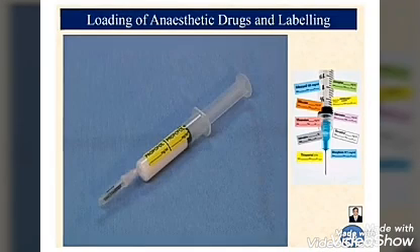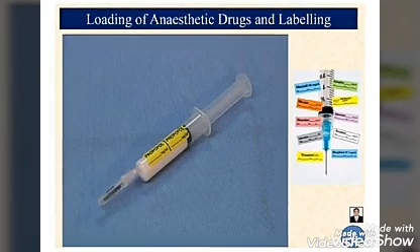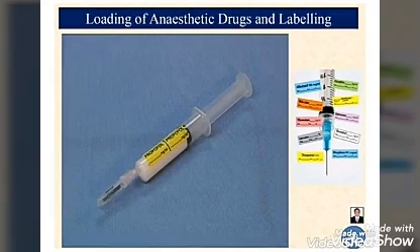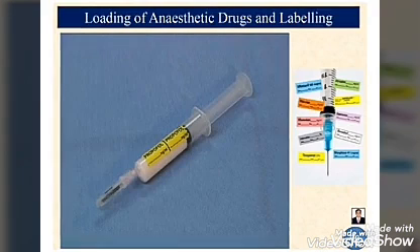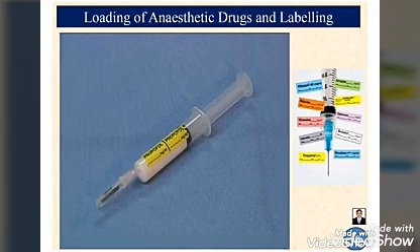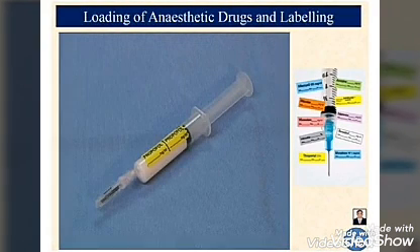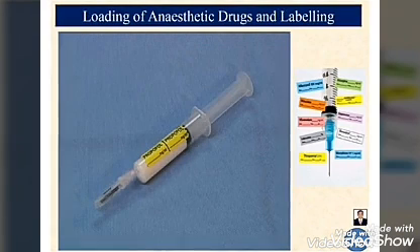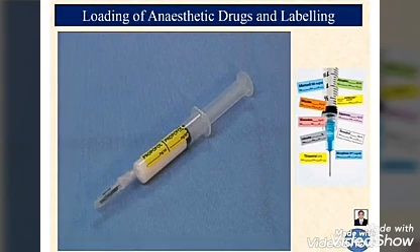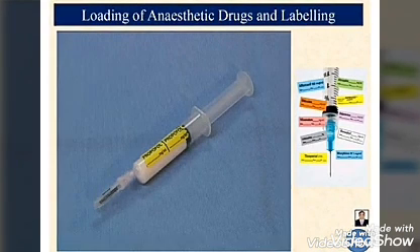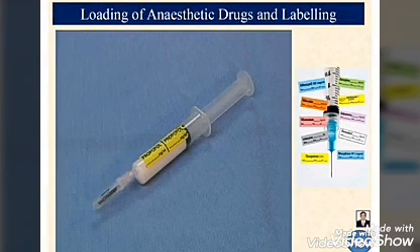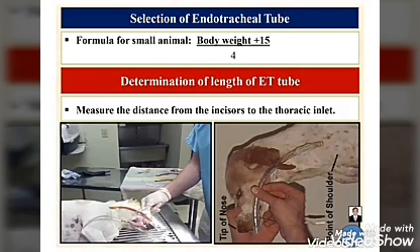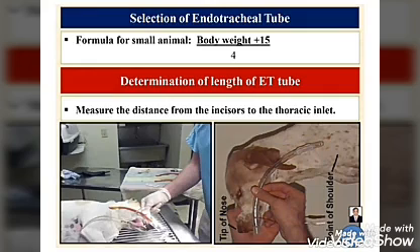Calculate the drugs as per the body weight, then load the anesthetic drugs in a syringe and label it properly. Don't forget to label it. First select the syringe as per the volume and then label it. Proper labeling must be performed. After loading the anesthetic drugs and labeling, the next step is the selection of the